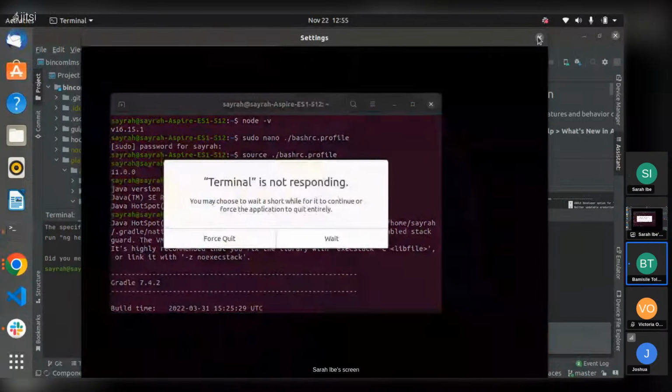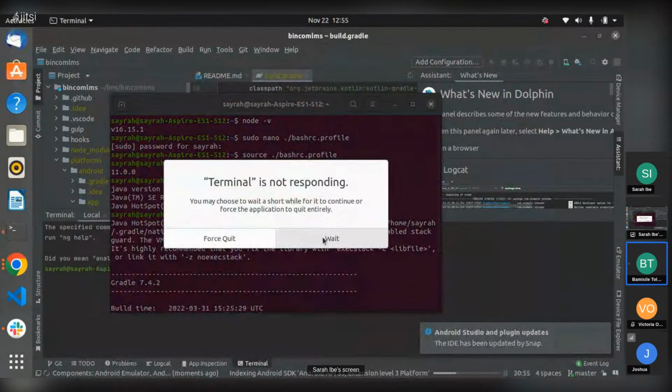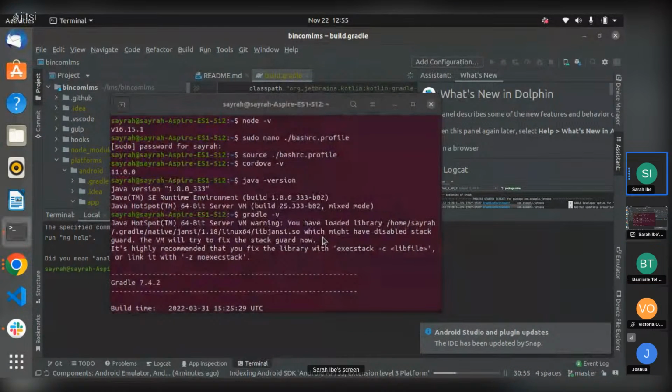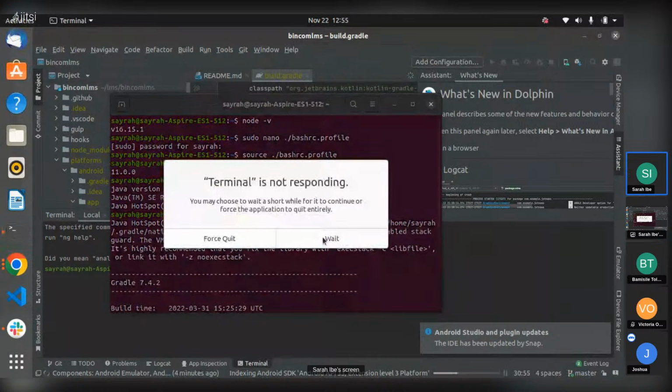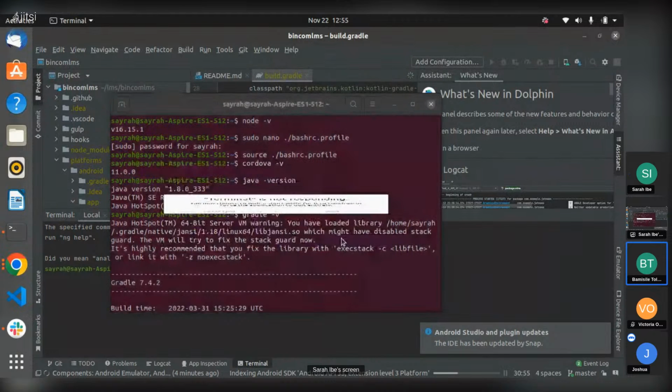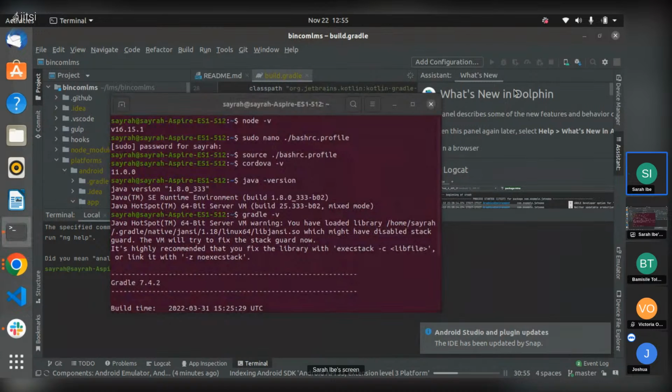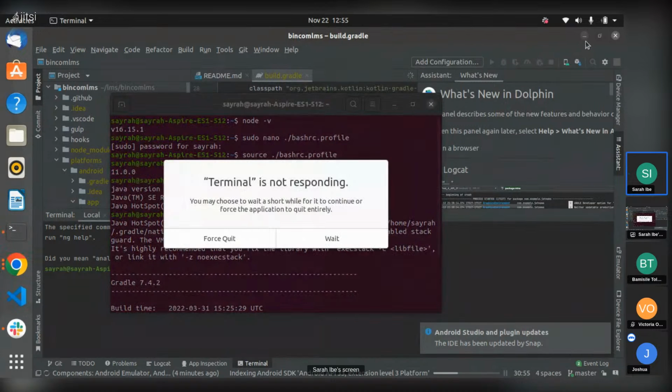Is that only what we need for our Android Studio? Yes, it's just the SDK.